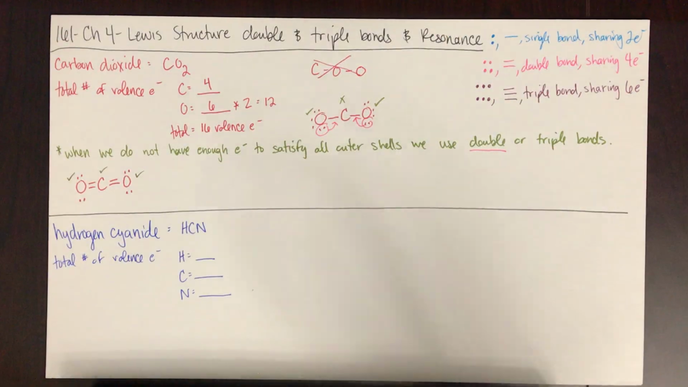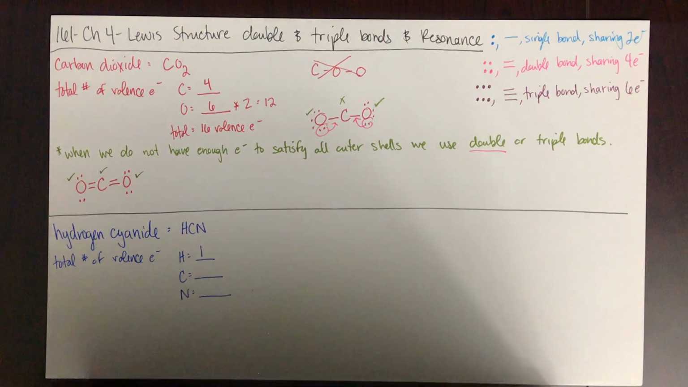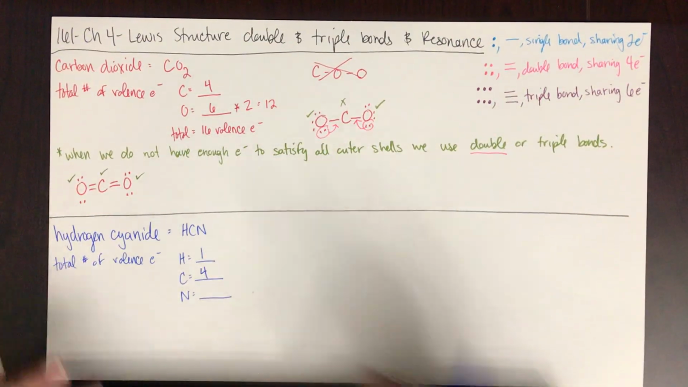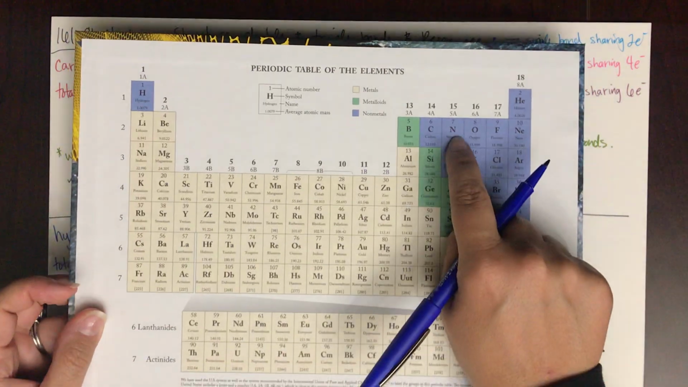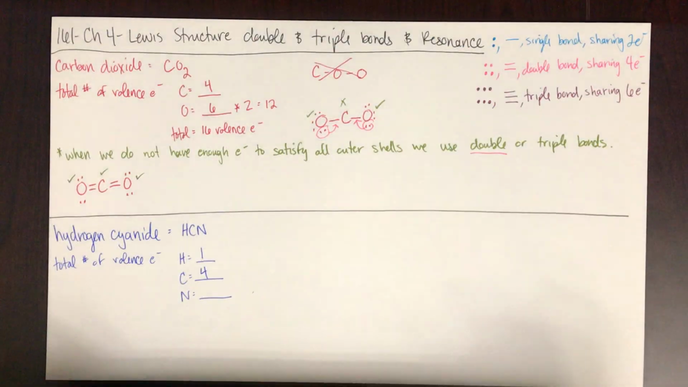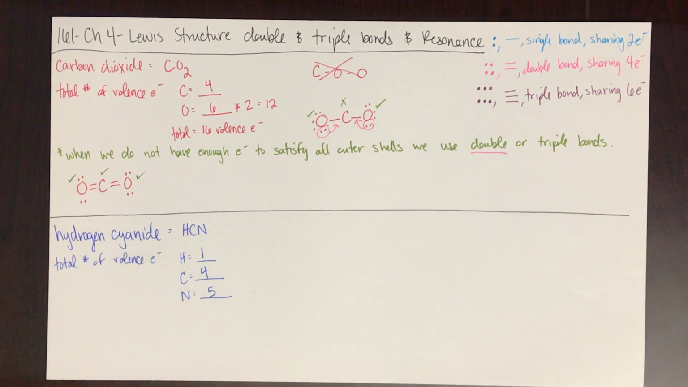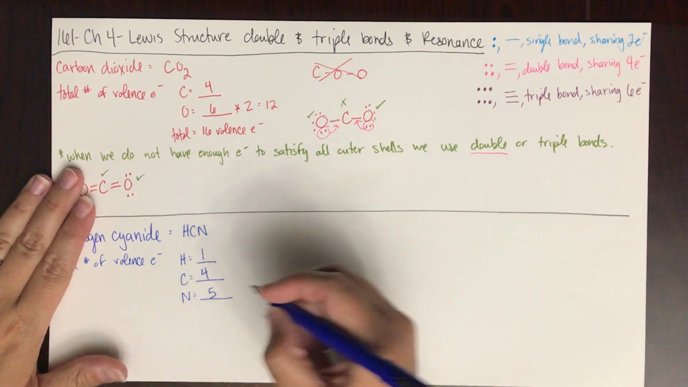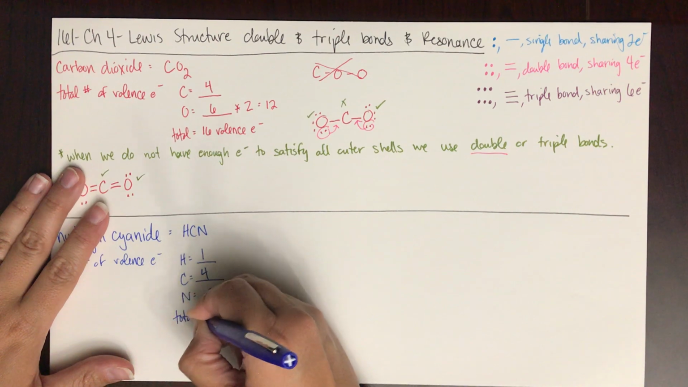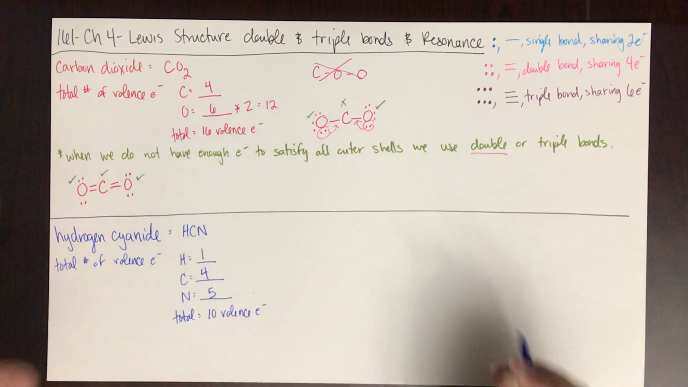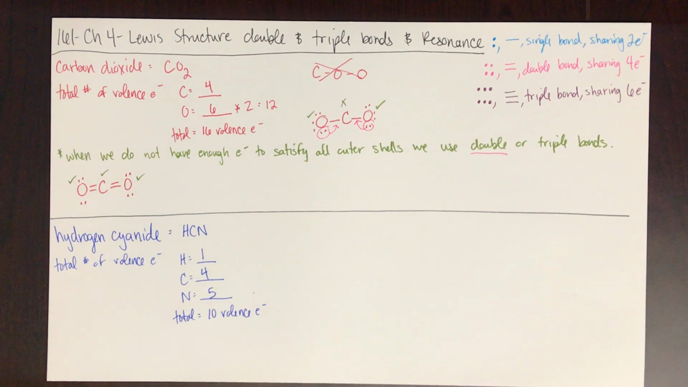Hydrogen is in group 1, it has 1 valence electron. Carbon is in group 4, it has 4 valence electrons. Nitrogen is in group 5, it has 5 valence electrons. So 1 plus 4 plus 5, I have a total of 10 valence electrons. So I know I need to distribute 10 valence electrons around all the atoms in this molecule to have